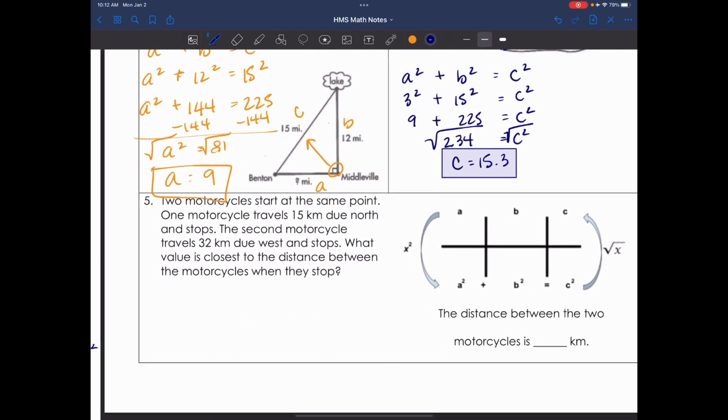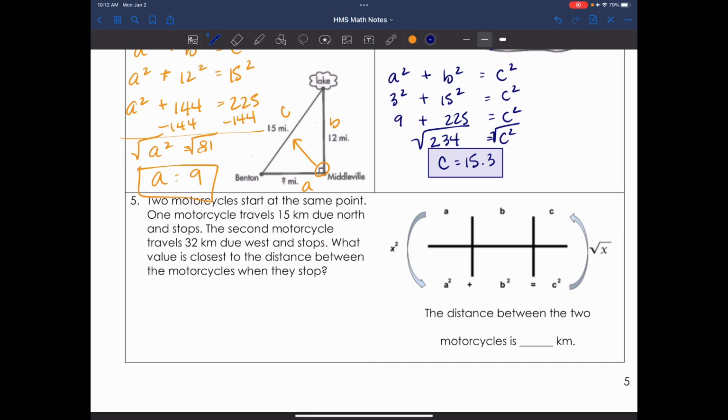Number 5, using our graphic organizer. So, number 5, 2 motorcycles start at the same point. One motorcycle travels 15 kilometers due north. So 2 motorcycles are starting at the same point. One goes north 15 and then stops. The second motorcycle goes west. Oh, that's backwards, because we know our compasses never eat slimy worms. So he's going this way, 32 kilometers,